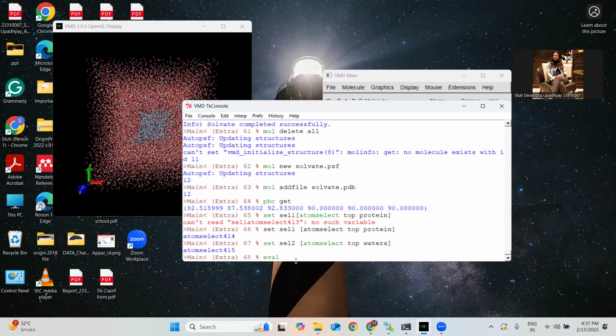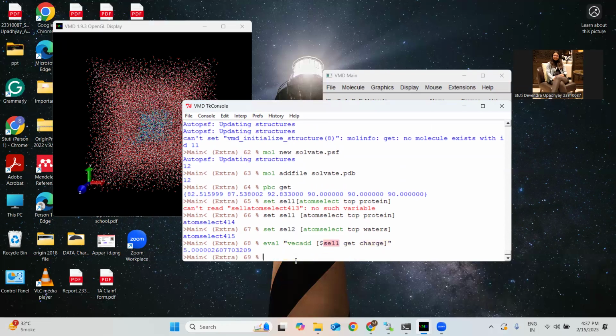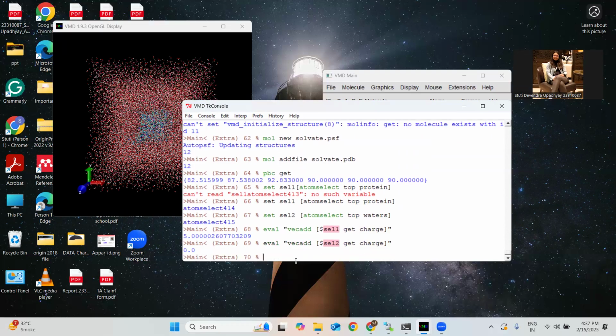Now for calculating the charge, eval, bracket, dollar cell 1, get charge, enter. So here we can see that for the protein we are getting a charge of 5.000, and for the water it should be 0 as it is neutral. So yeah, it is 0.0. So now to neutralize this protein, we will go to extensions,